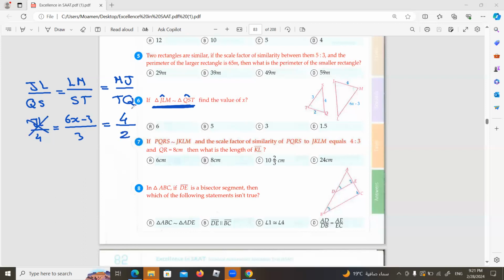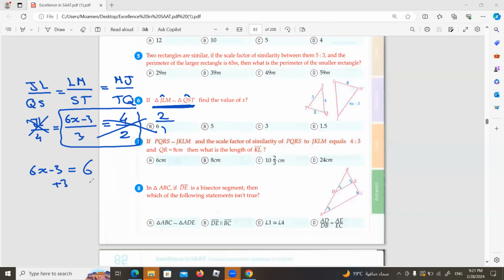No need for the beginning. I need to find the value of X, so I just use this. Okay, so I'm going to 4 over 2. It means 2 over 1. So I just multiply by cross multiplication like this. So 6x minus 3 multiplied by 1, it means 6x minus 3 equals 3 times 2, which is equal to